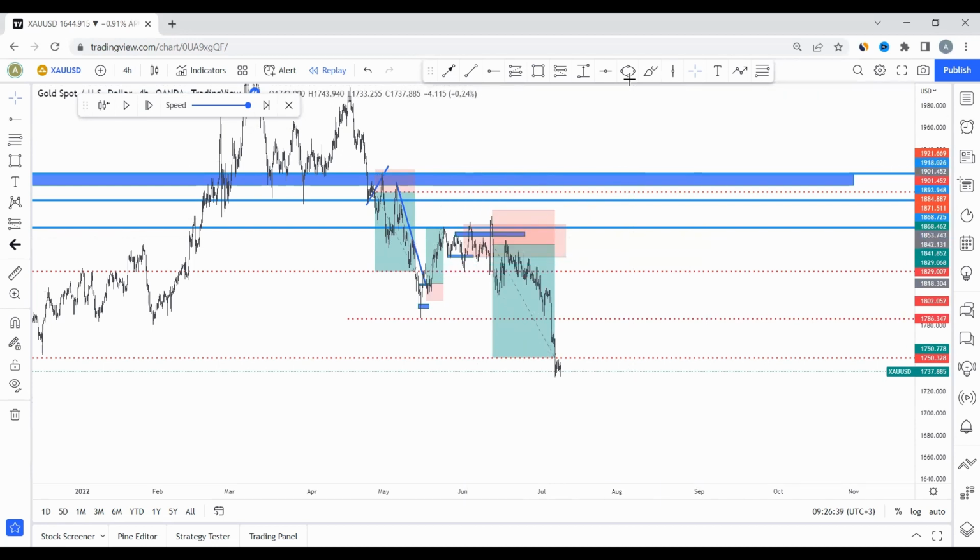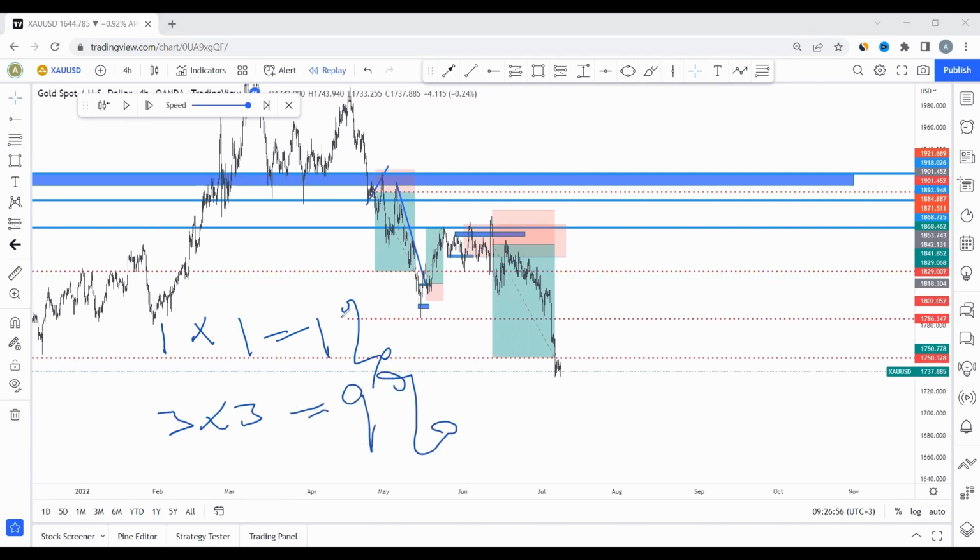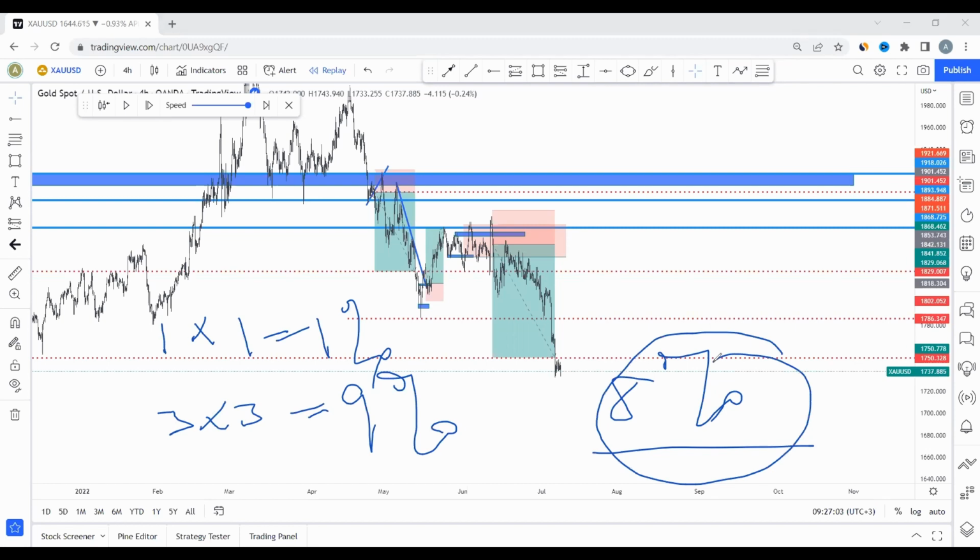Now let's just try to calculate in case someone is using 1 to 3, right? So we have 1 loss, which is 1 times 1, equals 1% of your account. And then we have 3 wins, which is 3 times 3, right? Which is giving you 9%. So 9% minus 1, you get 8%. It means that even after this loss, you're still 8% of your account upwards, right? So this is how we do trade reversals, and these are the things that we implement. I've tried to show you exactly what we did in theory into detail.